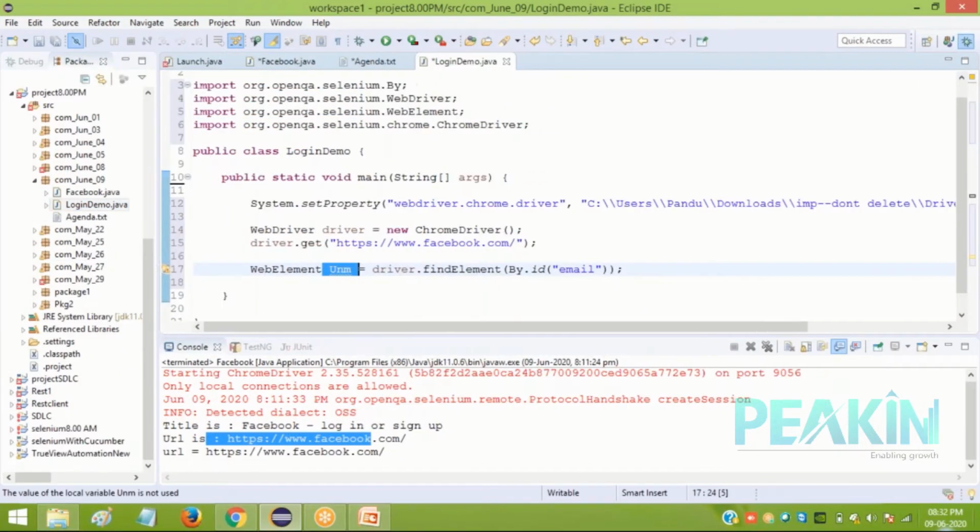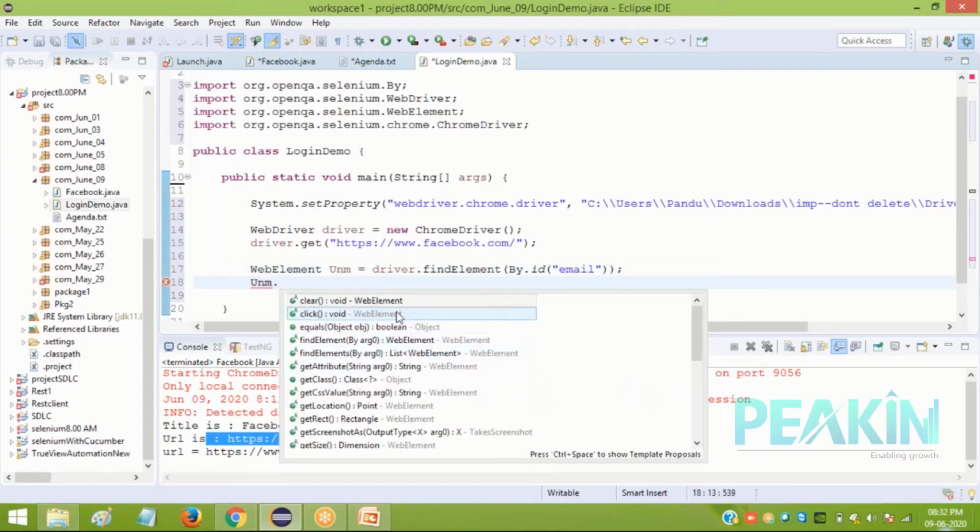You found one web element. Now you have to pass data. How do you pass the data? The variable, that's your web element, dot. Now you get the methods matching the WebElement class. As this username is of type WebElement, when you place a dot you'll get the methods supporting the web element. Right? Now what are the methods? Clear. You can clear something on the web element, click on it, and this is find element on it, get attribute of it, we'll see all this. Get location of it, screenshot of it, get size of it.